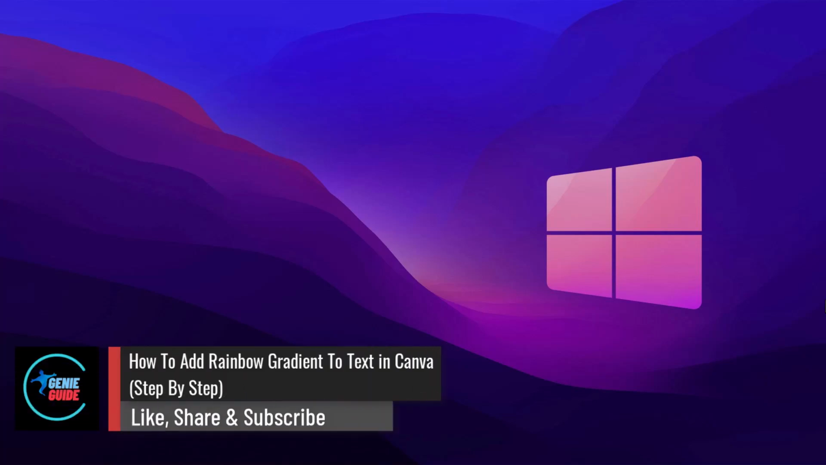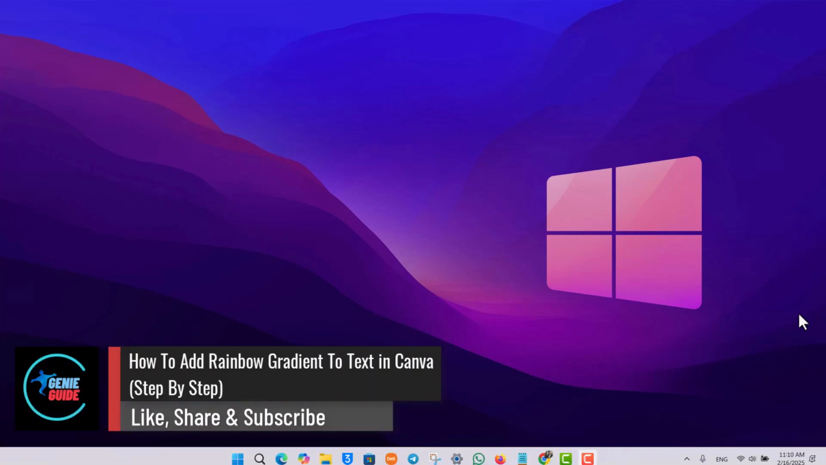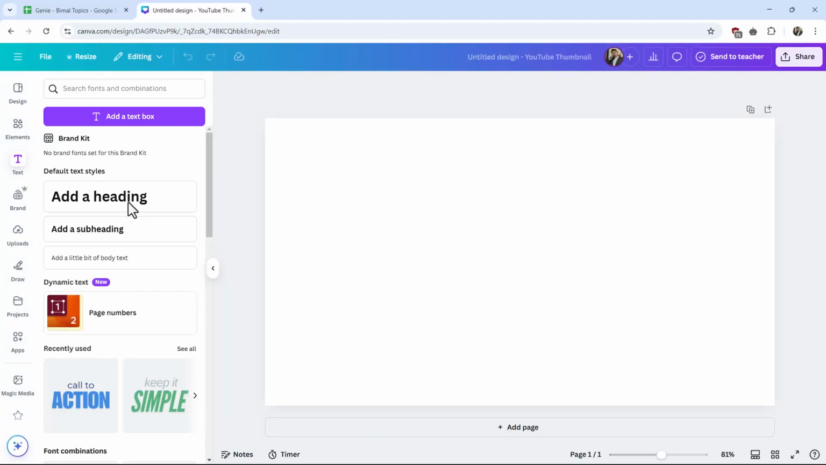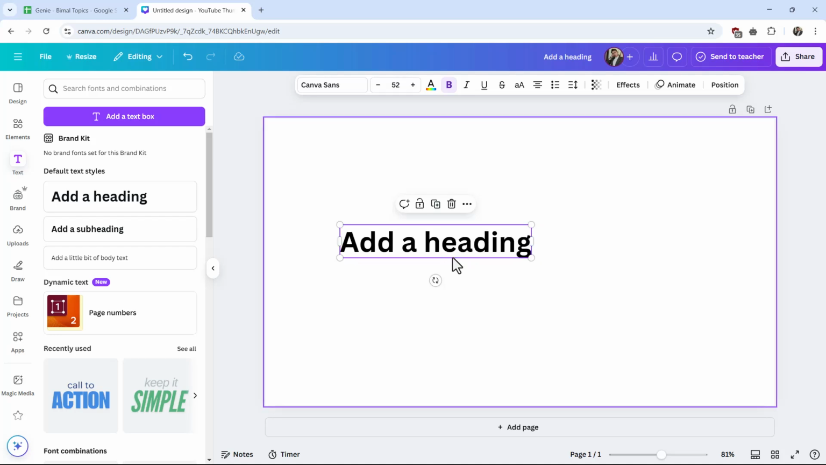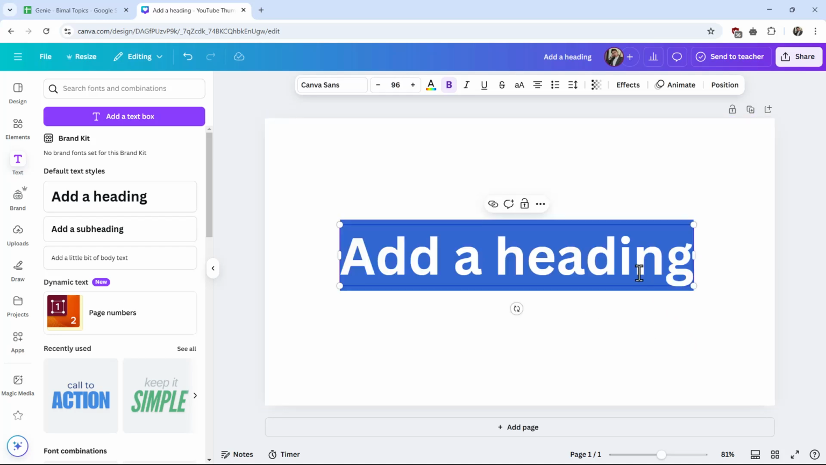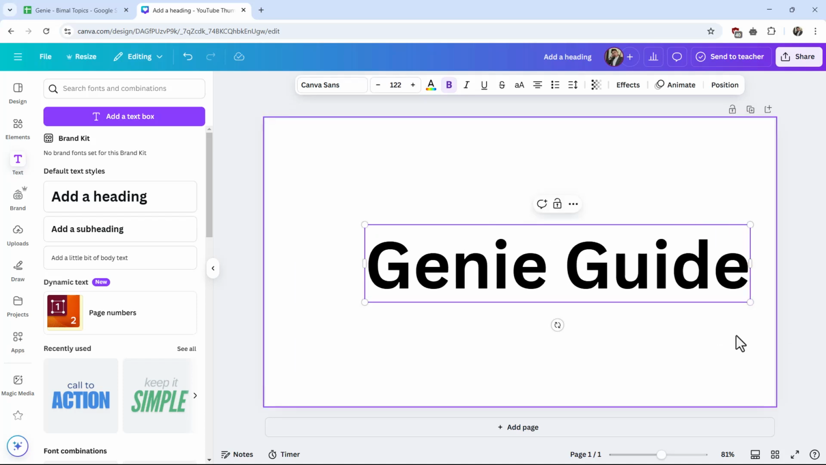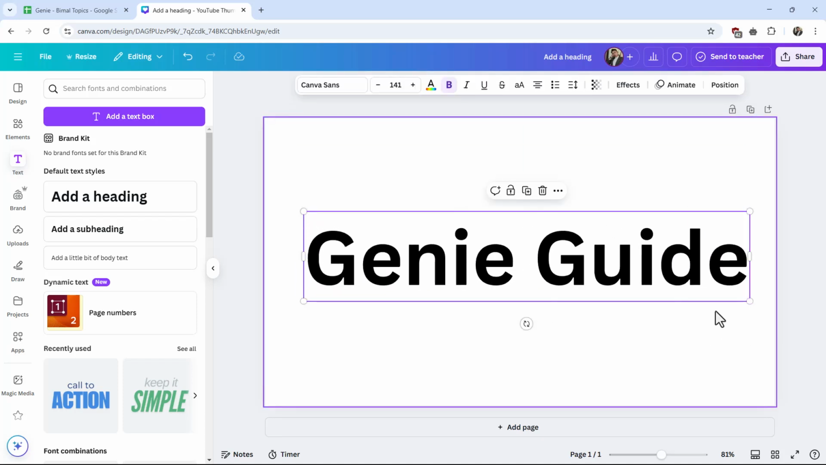How to add rainbow gradient to text in Canva. To add a rainbow gradient effect to a certain text in Canva, here I've got a certain design. If I simply type in a certain thing right here, let me type in my channel name, and once I've done this, maybe I want to add a rainbow gradient effect